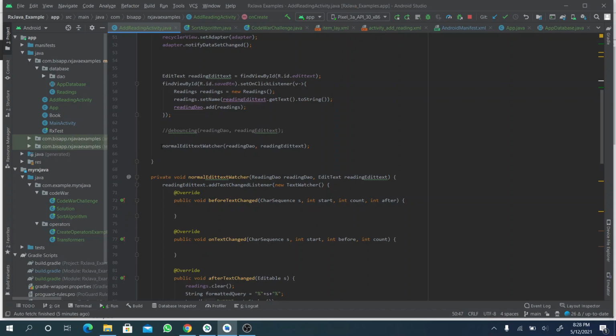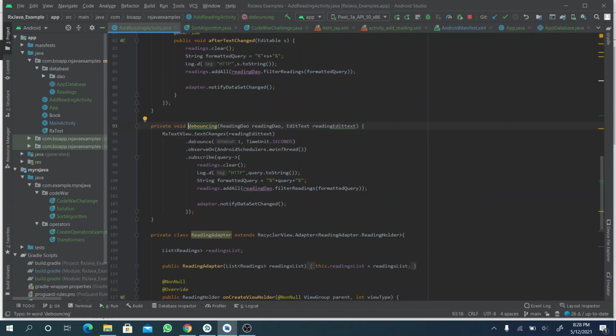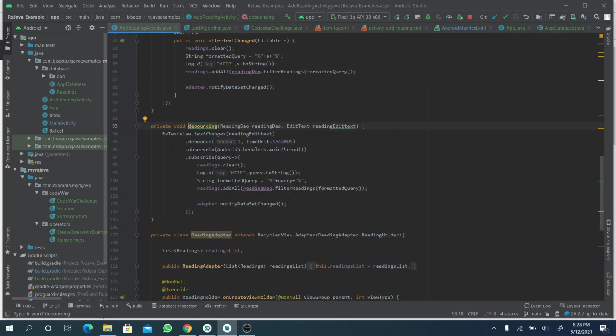Let's start using the debounce operator. With the debounce operator, I have already done the work here. Now all that you have to do is, if you want to make your widgets